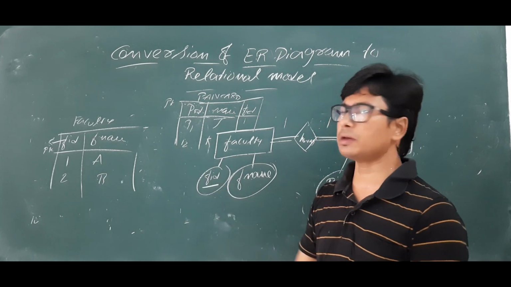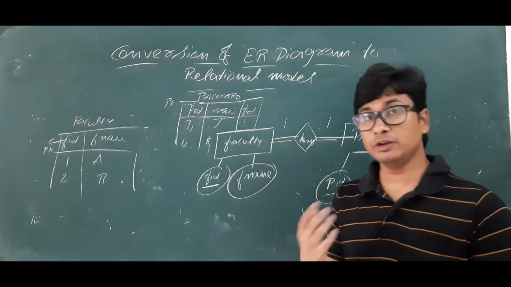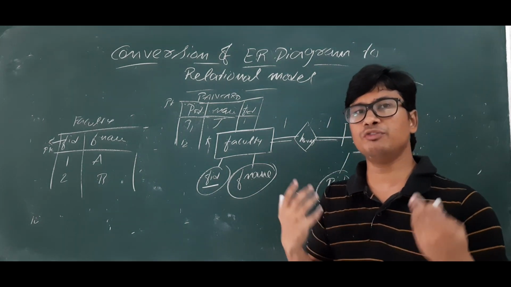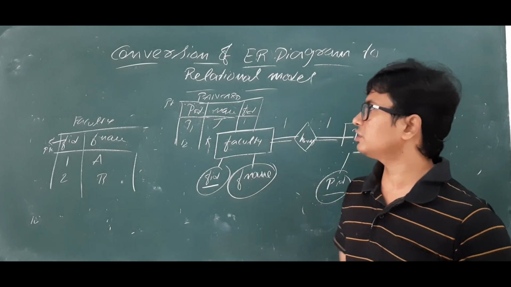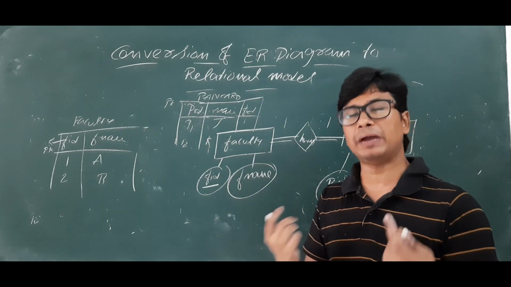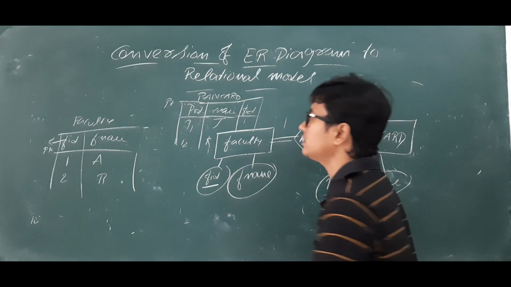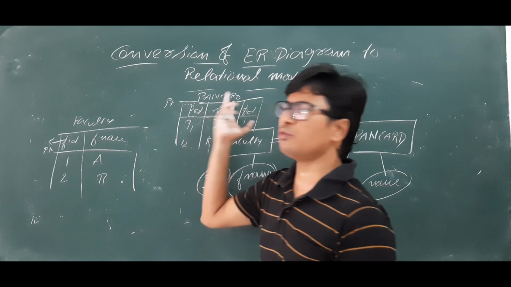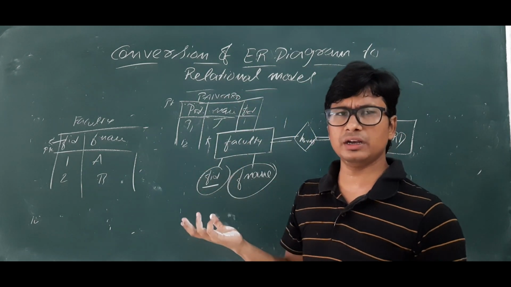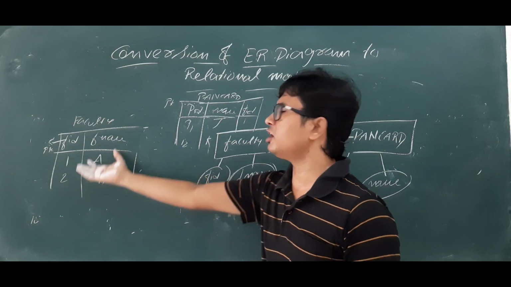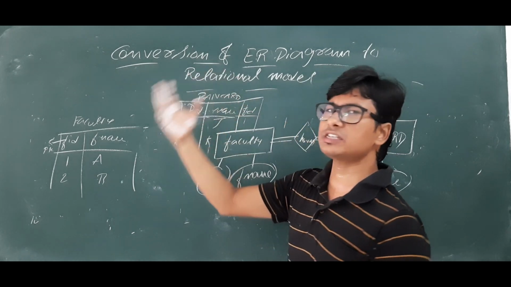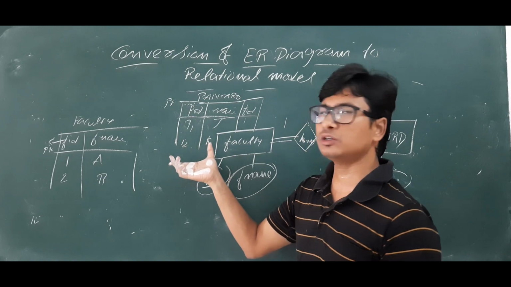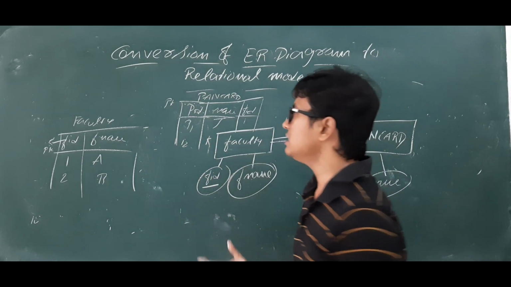So I can have 2 separate tables. But can we go for a better design? Please think about it. Pause the video and think about it. Can you go for a better design than this one? So obviously I can say that we can go for a better design. The better design is that each faculty has 1 PAN card. It is a 1-to-1 relation. And if there is a PAN card, it belongs to someone. So why should we have a separate table? Why can't we make it a single table? Instead of having 2 tables, why can't we have a single table?